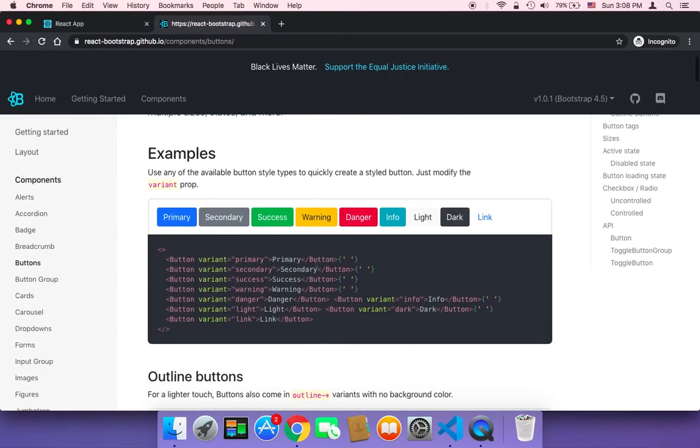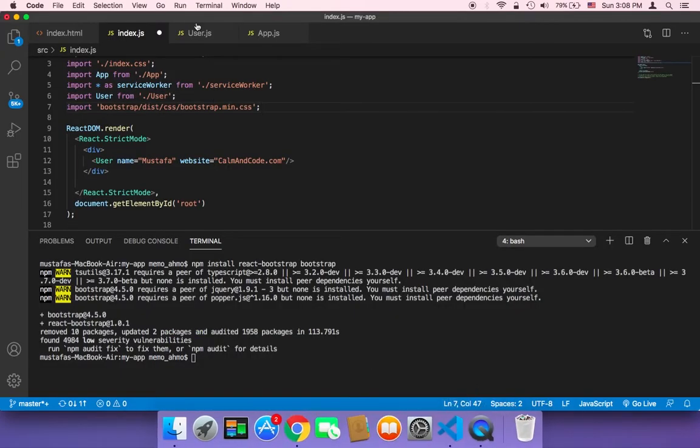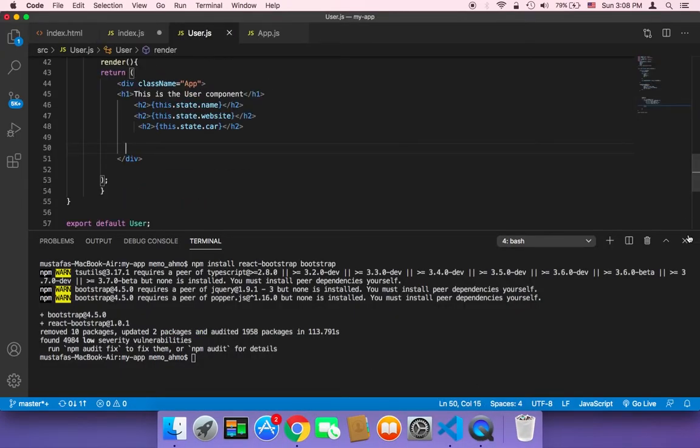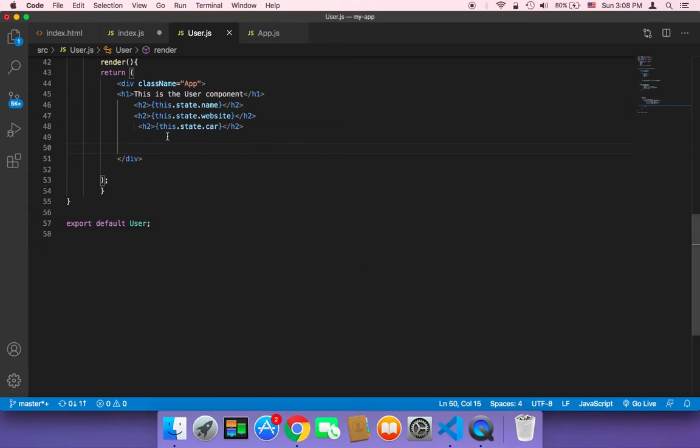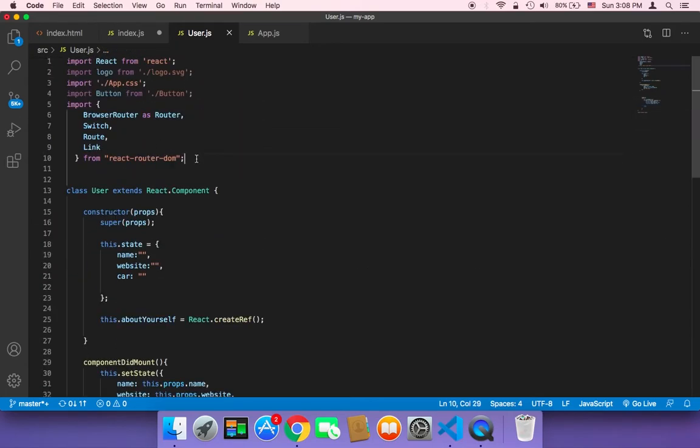And to use that button, you have to import it. How can you import it? How can you import something from Bootstrap? Well, in the component that you want to use the button or any Bootstrap component in, you need to import